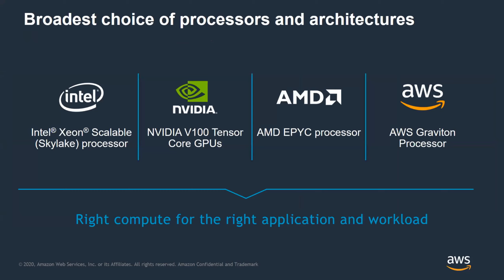So processor-wise, most people deploy on Intel, but there's a lot of workloads that are starting to be GPU-based and use NVIDIA. So you can get these massive instances now with thousands of GPU cores. We can deploy AMD. We also have our own processor that's an AMD-based design that we came out with a little bit ago, maybe a year and a half, 2 years ago. Again, really just trying to drive the price points of compute down for people.